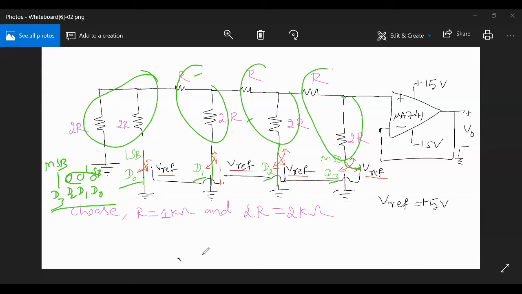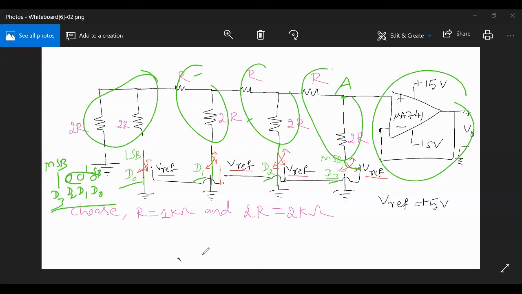Now, you can take this as one node, say node A. That node A is the one at which whatever voltage comes is connected to the non-inverting input terminal. Since the op-amp is configured as a voltage follower here, whatever voltage comes to node A, the same voltage will appear at the output of the op-amp. Suppose the output is required in the form of amplification, then the op-amp has to be configured either in inverting mode or non-inverting mode. Accordingly, the output will be obtained.